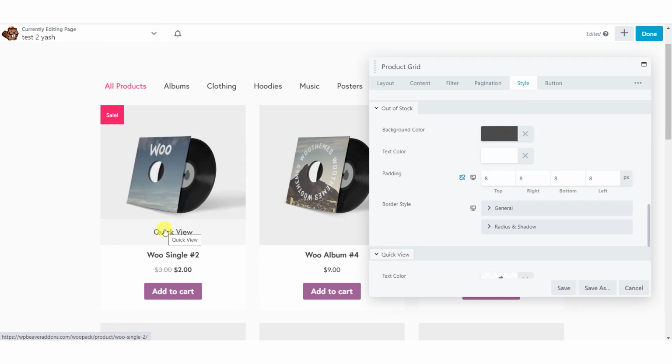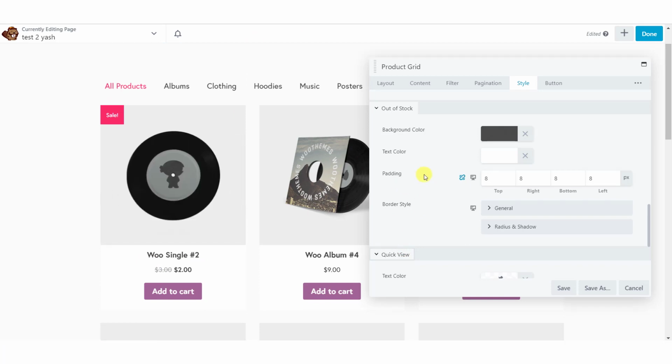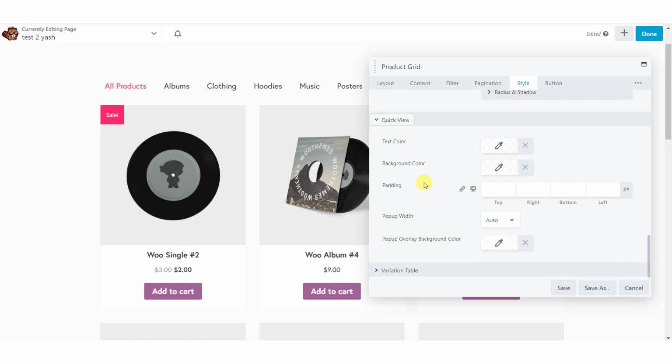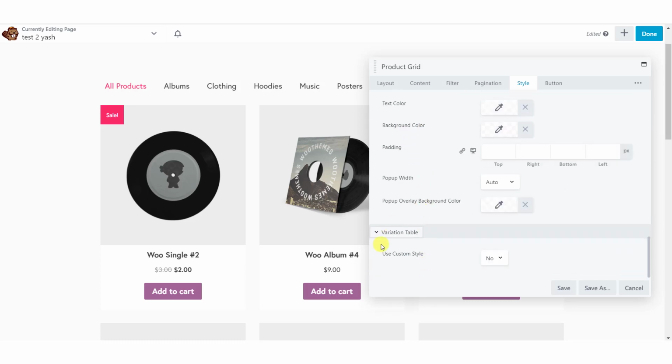For the quick view hover, you can customize the background color, text color, padding, border. And for the variable table, you can choose a custom style as well.